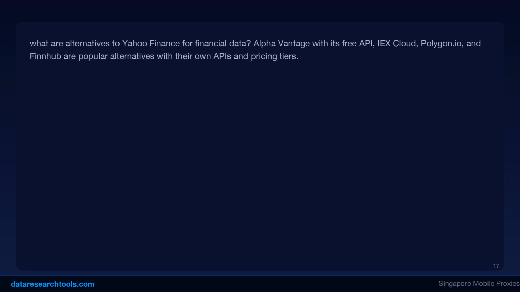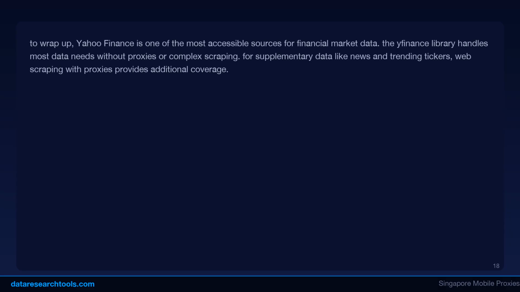Can I get real-time stock prices? Yahoo Finance provides near real-time prices with a 15 to 20-minute delay for US markets. For true real-time data, consider paid data providers or broker APIs. What are alternatives to Yahoo Finance for financial data? Alpha Vantage with its free API, IEX Cloud, Polygon.io, and Finnhub are popular alternatives with their own APIs and